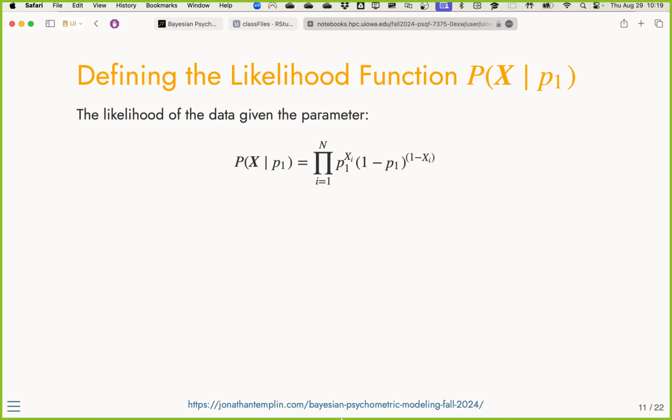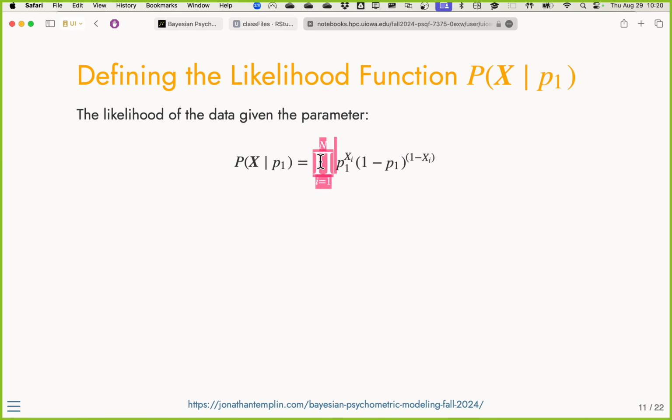So a Bernoulli distribution, the density function looks like that right there. The probability mass function is sometimes called. It's a discrete distribution. The probability of observing event in this case is P1, rolling a 1. It's raised to the number of times we observed it, or in this case, whether or not that roll was observed. And then 1 minus P1 is raised to the opposite, the complement. The probability we didn't observe a 1 raised to the number of times we didn't observe a 1.